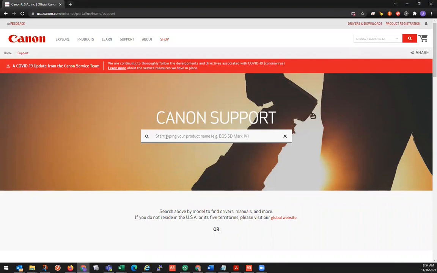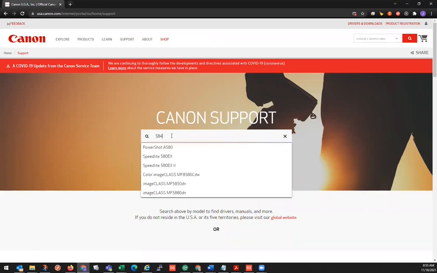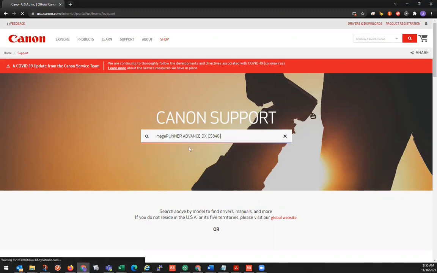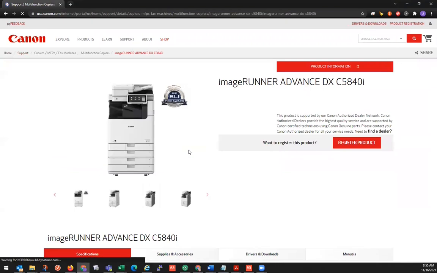In the middle of the page here, we'll have a search bar. We'll click into the search bar there and type our model of machine that we will install for. For example, I will type 58. And as you see, a drop down will list all the appropriate Canon models. Once you see your model listed, you go ahead and click on it, and that will load the model specific